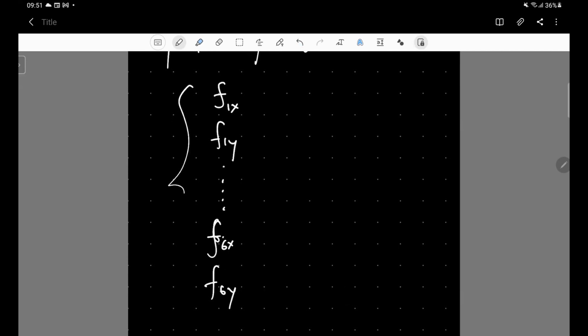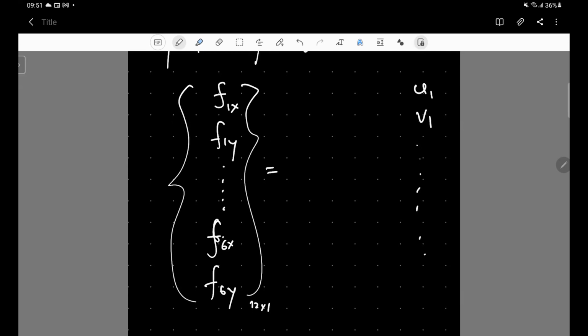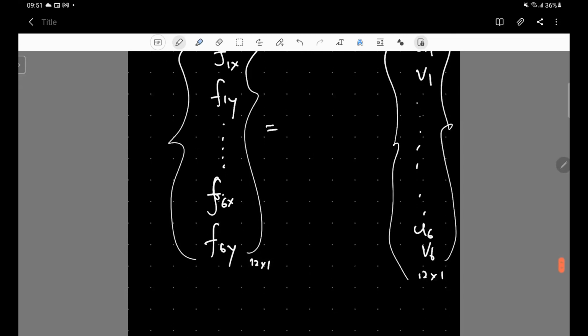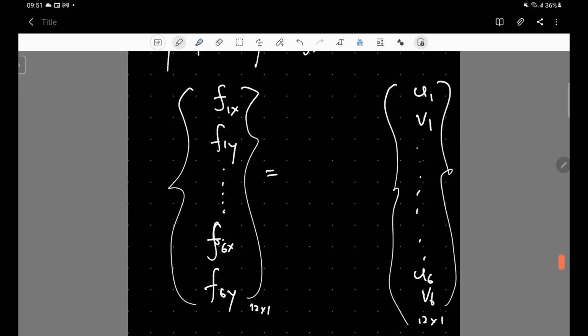So this will be a 12 by 1 matrix, which is related to the displacement matrix U1, V1, up to U6, V6. Again, a 12 by 1 matrix, and these are related via the element stiffness matrix, which is nothing but a 12 by 12 matrix,